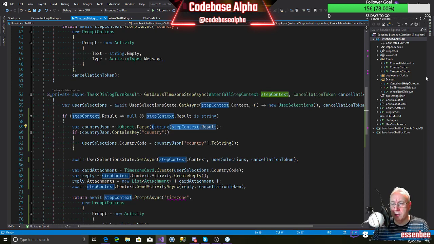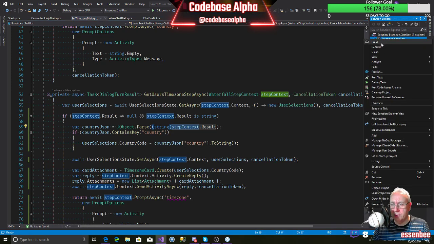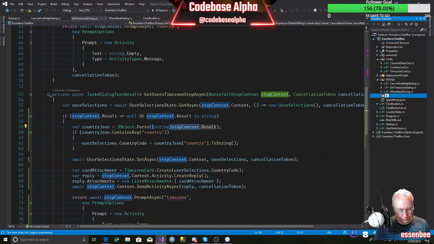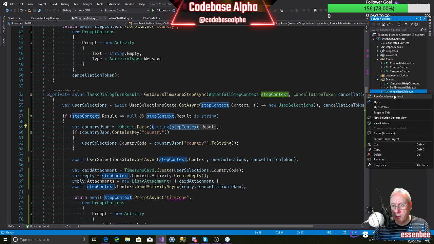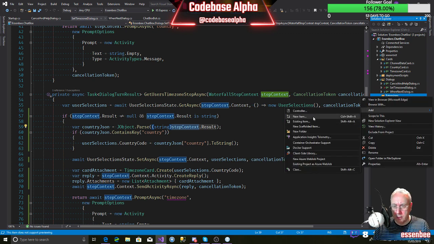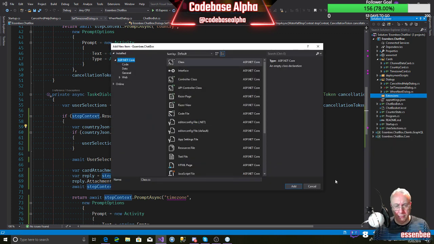And see what happens. So let's create an extensions folder. And in here we'll create a class, new item, StringExtensions. Oops, that's supposed to be string. Add that.